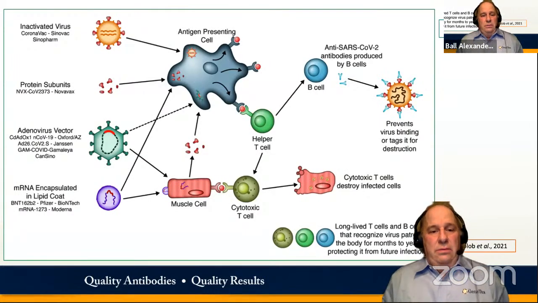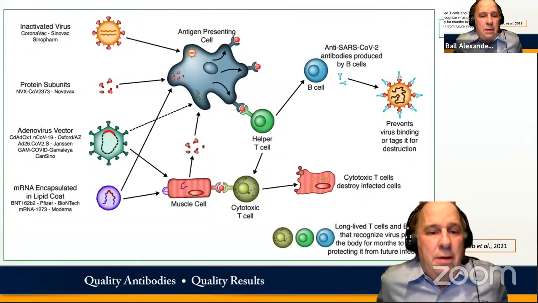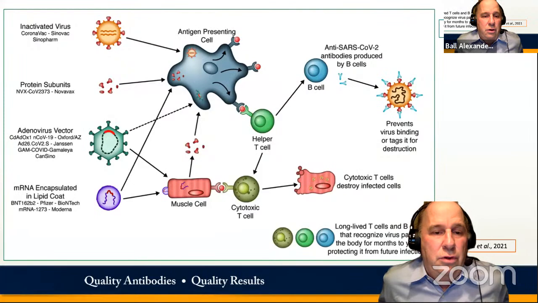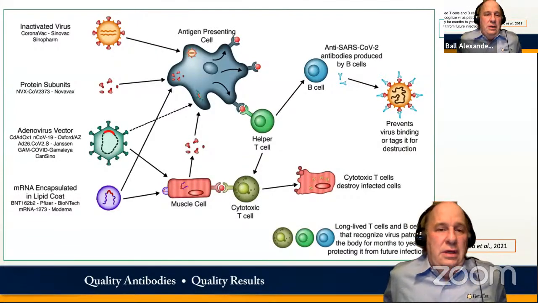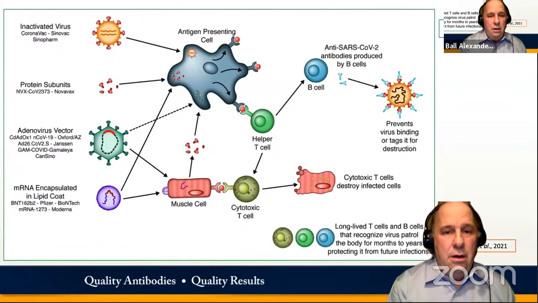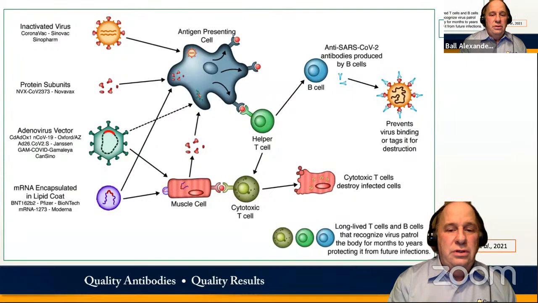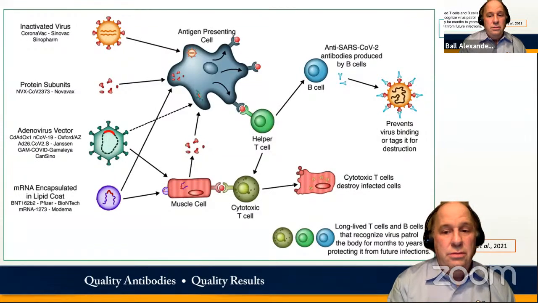And basically they target muscle cells, where in terms of the Moderna or the adenoviral vector, the subunits are expressed, released, and the key cell, of course, is the antigen presenting cell here, which then through T helper cells leads to hopefully a T cell response, and there's been evidence of that from many of the vaccines, as well as a humoral response, an antibody response that will generate antibodies, and hopefully long-lived T cells and B cells that recognize hopefully for months to years,